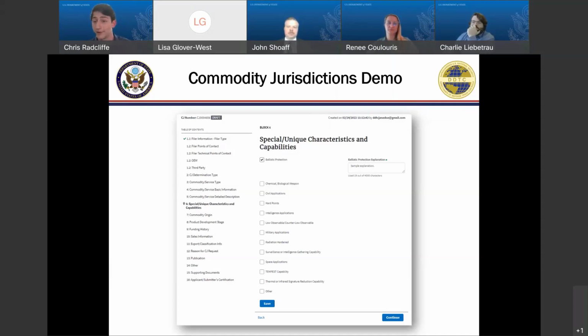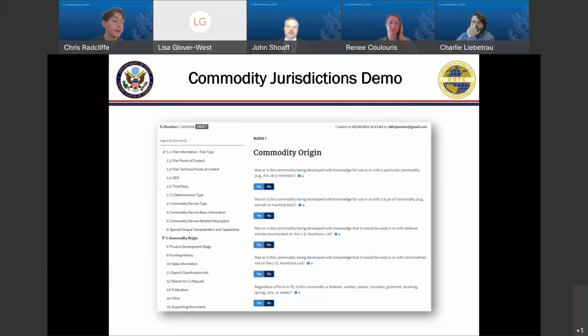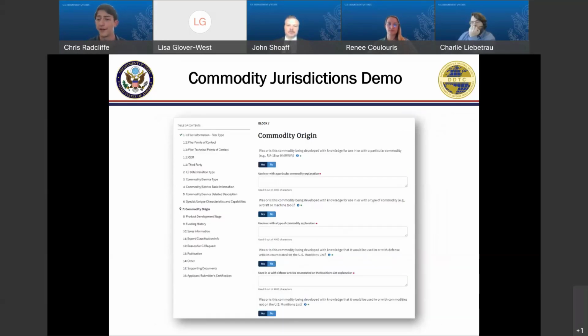So moving past block 6, we find ourselves at the commodity origin block. This is an area within the CJ that attempts to uncover the commodity's origin, as well as its developmental relationship with other commodities and USML enumerations. Initially I wanted to show the functionality of this page by selecting no to all of the questions, but if we select yes to any of those questions, a corresponding explanation field will open. Continuing on this same block,